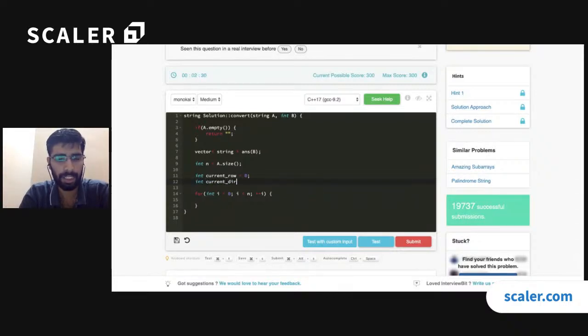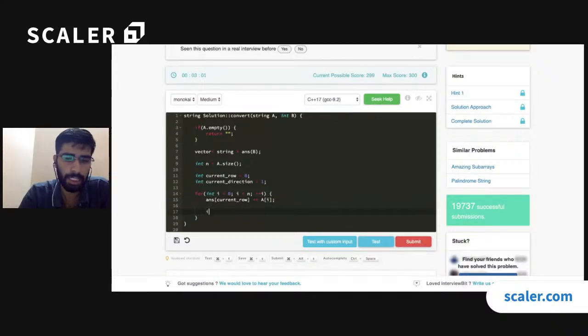Initially, I can make the current direction 1. If I know the current row and current direction, first of all I have to put the current character in the row, so I say answer at current row